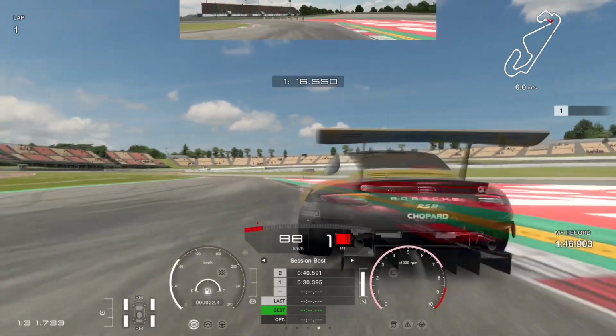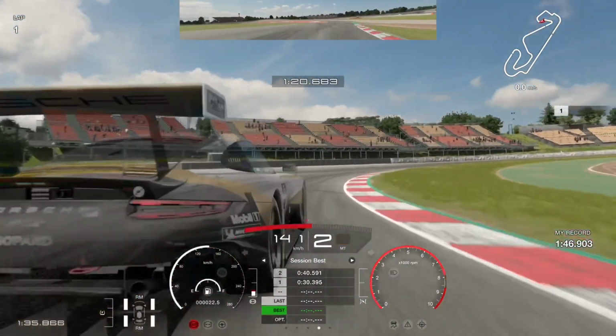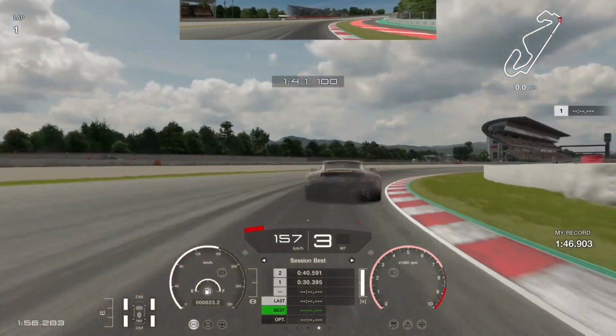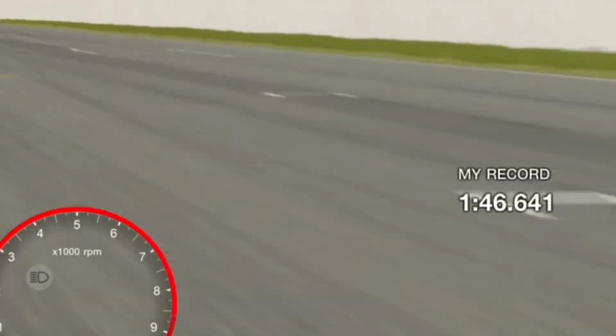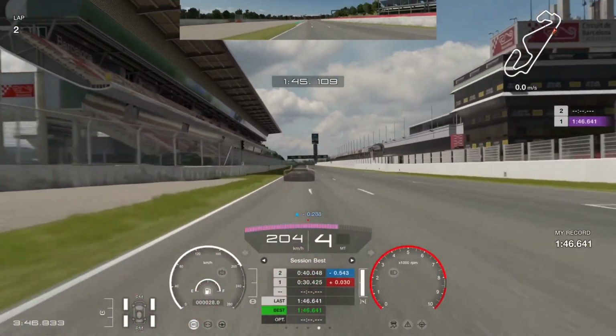And I am getting a better run than the Ghost out of the hairpin, so you can see now it's just blocking my screen. I really need to remap a button to hide the Ghost. I think I've used that for some overtake button or something like that. But despite that, we still get some improvement in this one, a 46.6, and we carry on, and I think the following lap was a